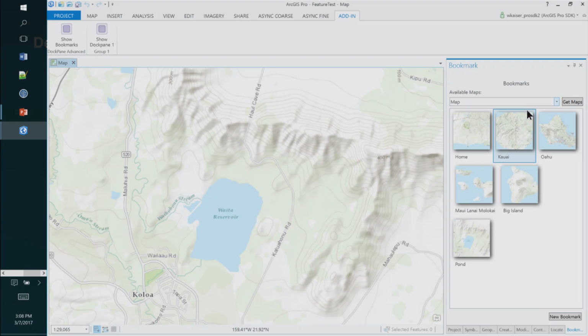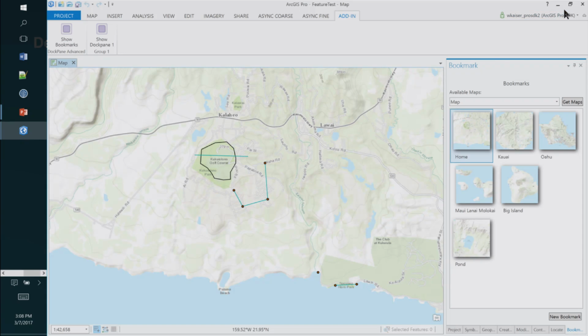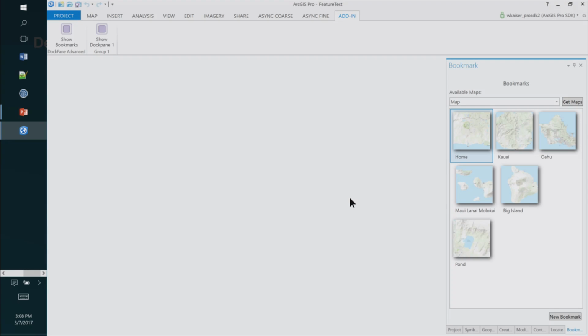And I guess my refresh code is not working properly, but now you can see with a little bit of help, you can see the pond bookmark is here available as well. So very little code, hooking a pro command allows you to quickly improve the functionality of your workflows. All right, so now